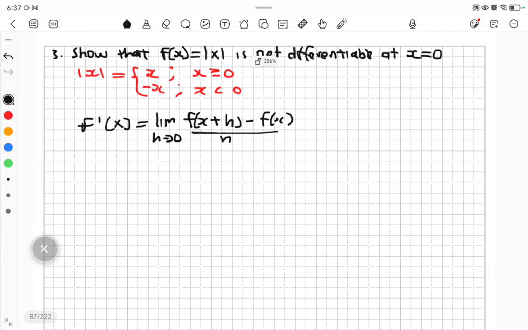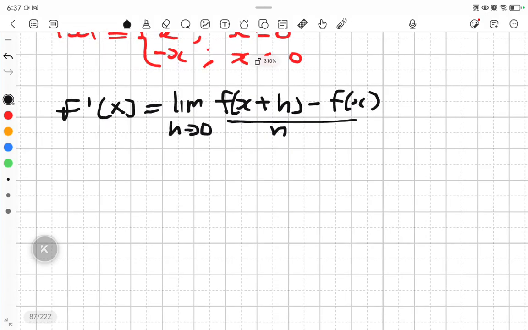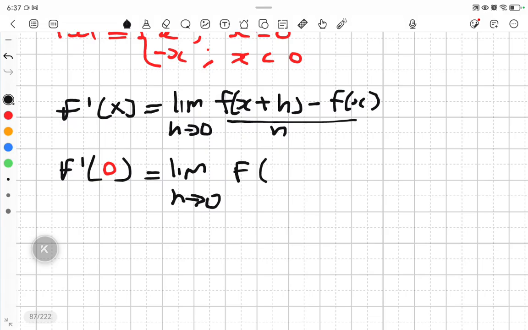And they say we must check if it is differentiable at what? 0. So this will be f prime of 0. We start by checking the condition. And this will be the limit as h approaches 0 of f of